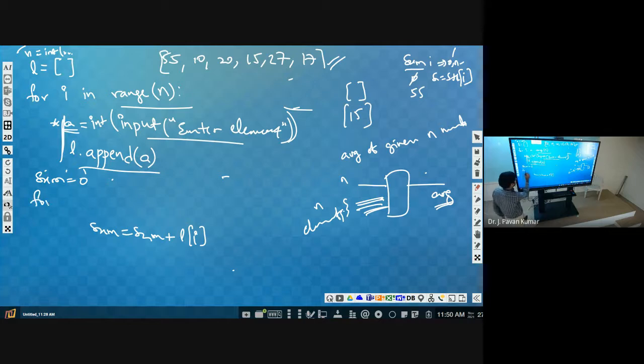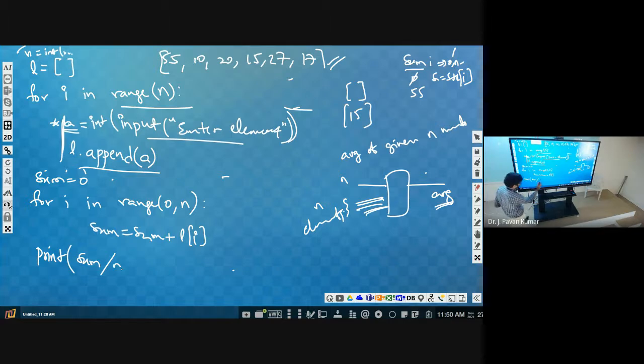I value should vary from 0 to n minus 1, so we have to give n here. So finally we will be getting the sum. Then what do we have to print? Average. How can we find the average? Sum by n, that's it. The input will be the same; you write that also.